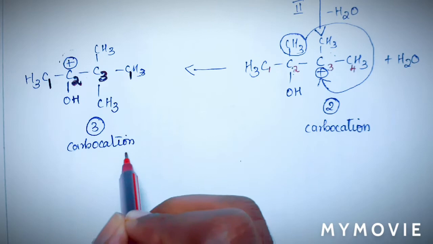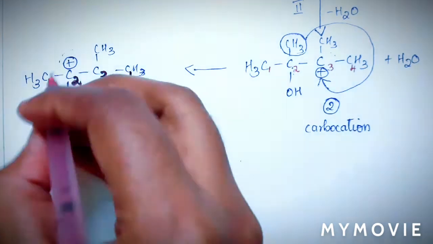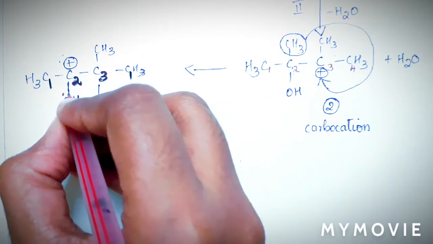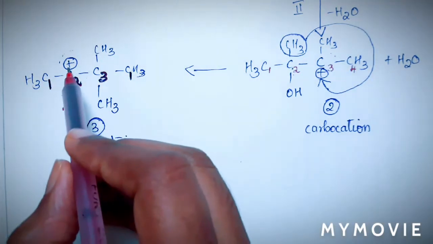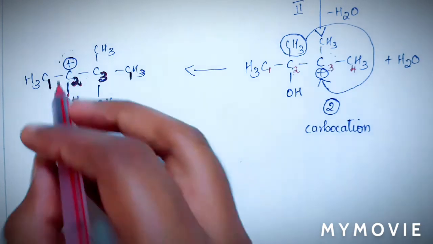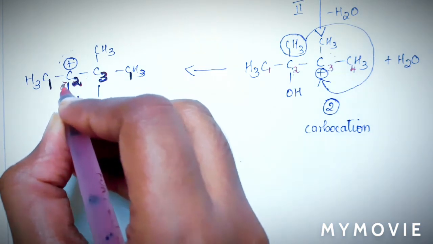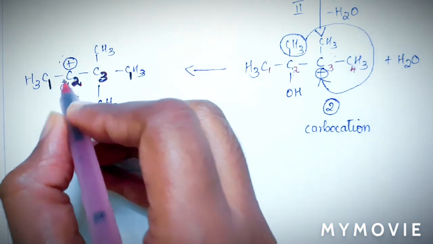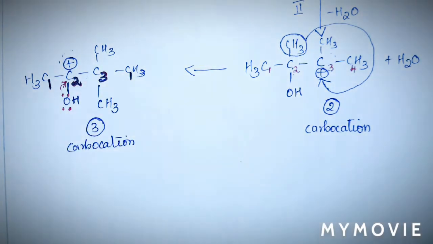This carbocation that is formed is also unstable because of the positive charge, and we know that this oxygen atom also has two lone pairs of electrons. Now, how will this charge be nullified? It will be nullified by the donation of electrons by oxygen. It will give this lone pair to carbon number 2, which is deficient, having a positive charge. Thus, it will get nullified